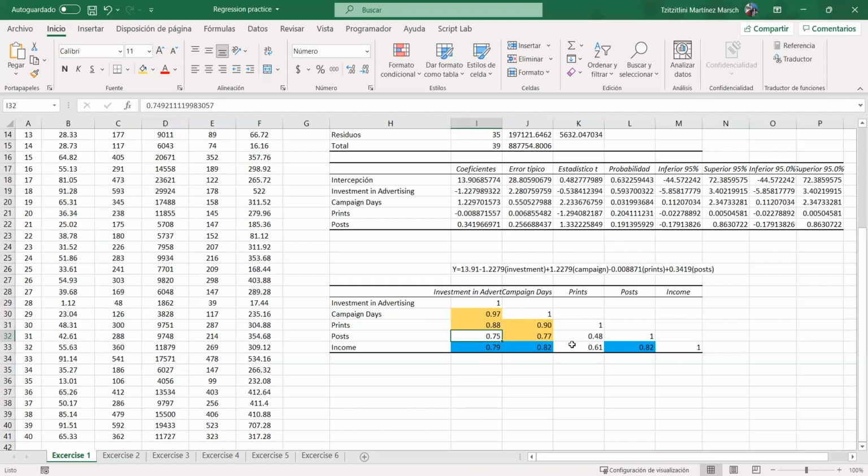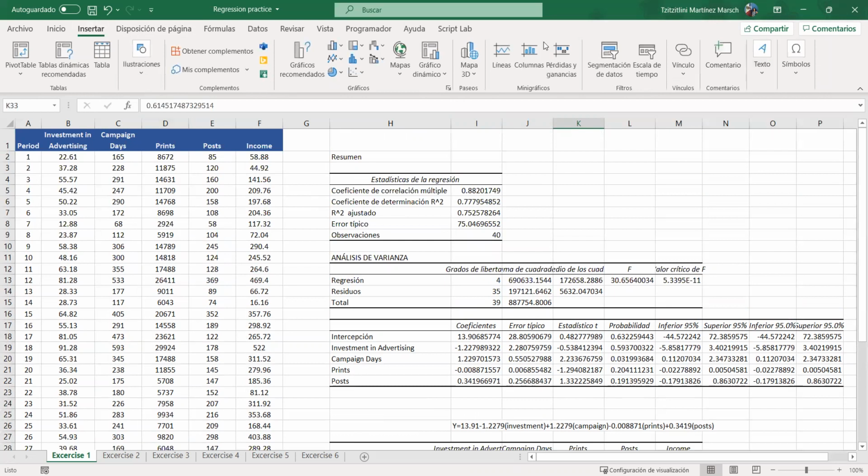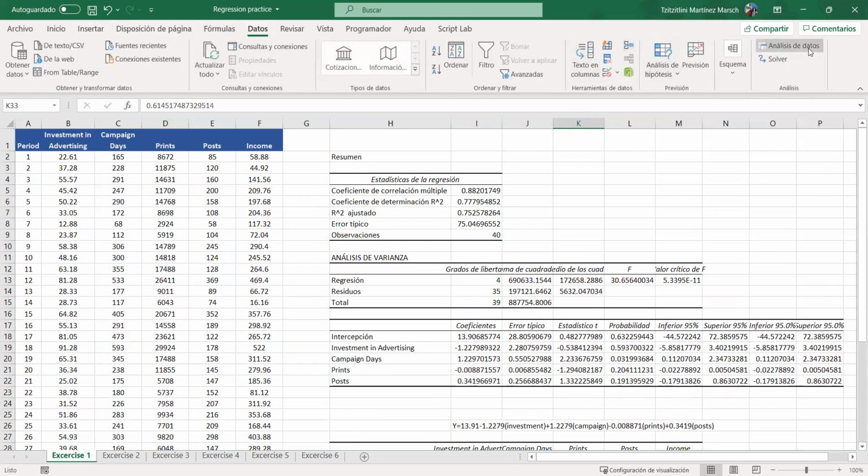And the next, which one else am I going to use? Well, this one. Why? Because this one right here is this one. I'm eliminating these two and I'm going to keep campaign days. Okay. And this one I won't use because this one is right here. I won't use specifically because I don't have that big of a correlation with the income. Okay. So what will we do next? Let's run our system again, and we'll run it first for campaign days,